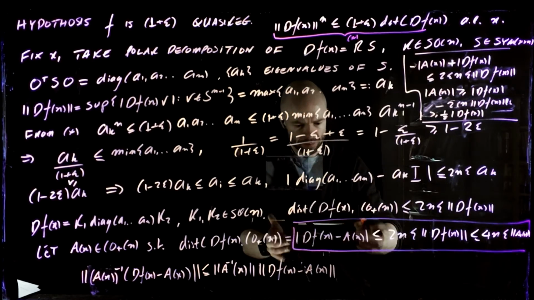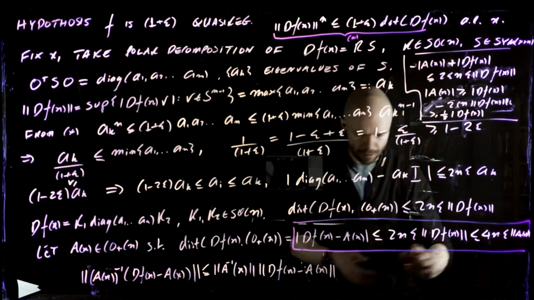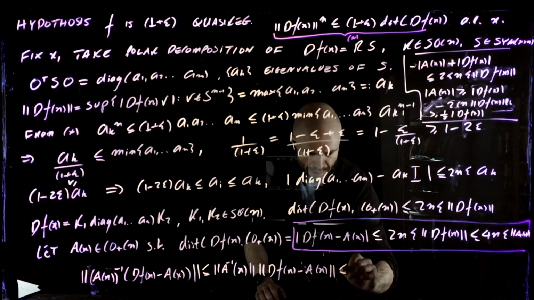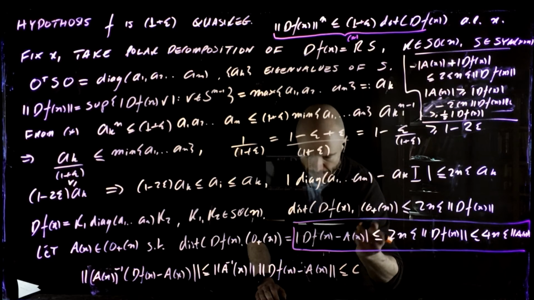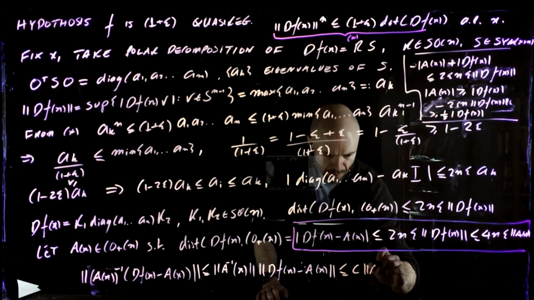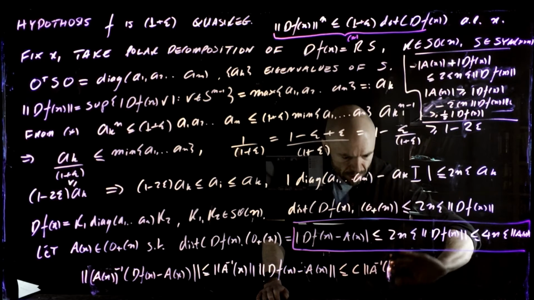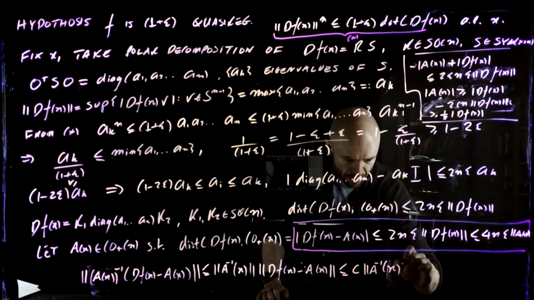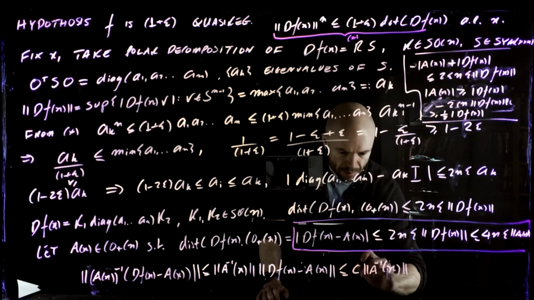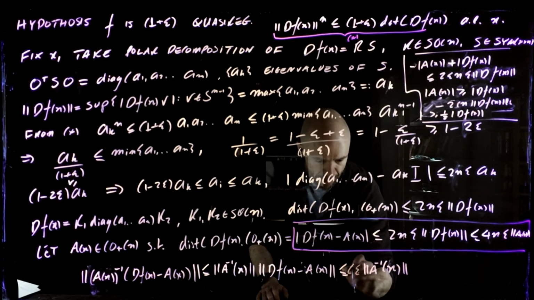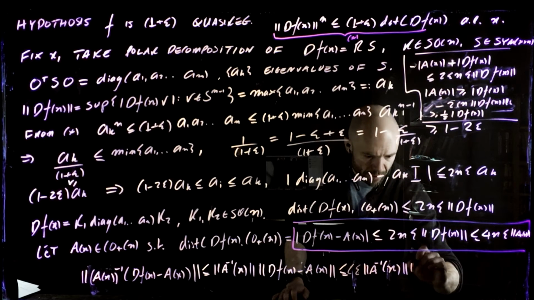Operator norm by some constant is bounded by Hilbert-Schmidt norm, and so then this is less than some constant times the operator norm of A to the minus 1 of x, and then there's an epsilon here,